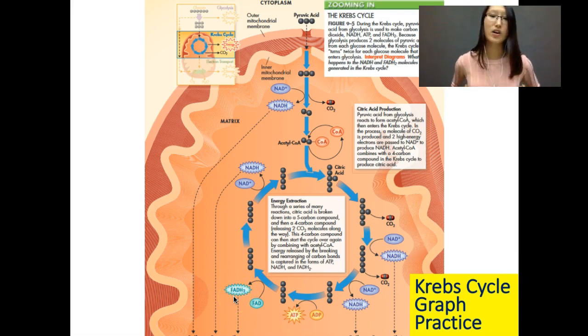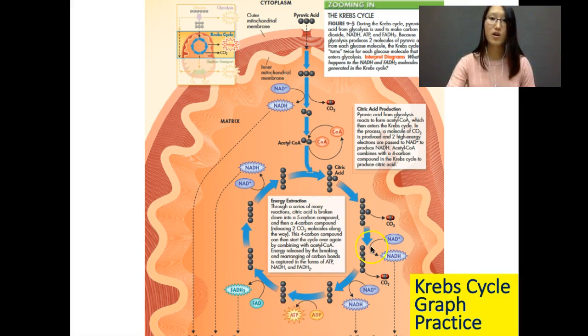This molecule is called FADH2. So this is formed by FAD, which is another type of electron carrier. This FAD is able to combine with some electrons and some hydrogen in order to make FADH2. So FADH2 also has electrons in it. If something is an electron carrier, it's going to go to the electron transport chain. Okay, the last product that's being made in the Krebs cycle is